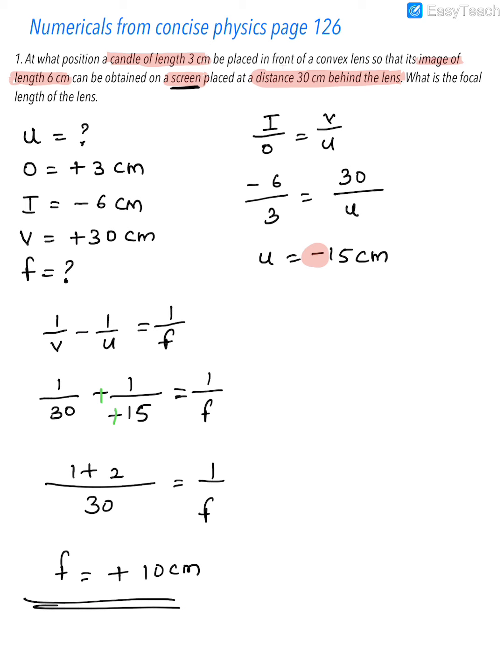Once again, guys, when you're writing the answer, you have to write the final statement. You can just say focal length is 10 centimeter. If they ask you, what is the position of the candle? So you have to say candle is placed. Yeah, this is not given in the textbook. There is a mistake in the textbook. So you add this: candle is placed 15 centimeter in front of the lens. That's your final answer statement. These kind of problems are usually asked for 4 marks.